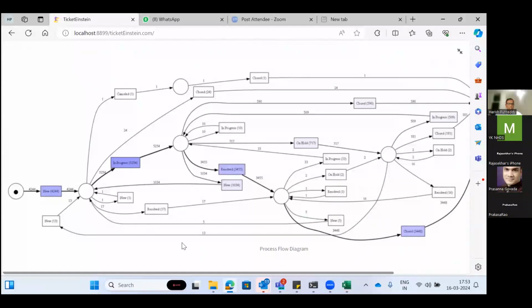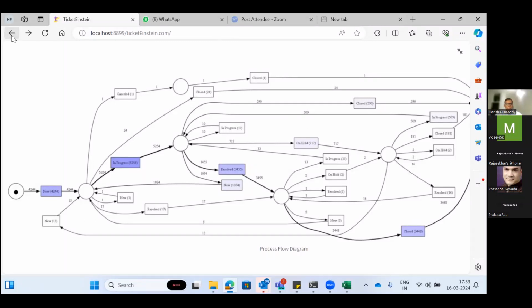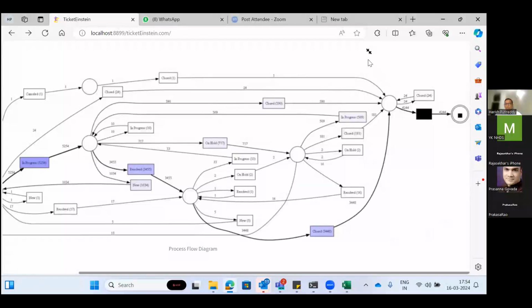And there are certain tickets which are coming back again to new. There are certain tickets reopened that came back after hold, back to new. So these generate a lot of questions which we can ask the project manager. In fact, they themselves also put these questions and find out what the solutions are. At a high level, this is what we wanted to cover from a process mining point of view.